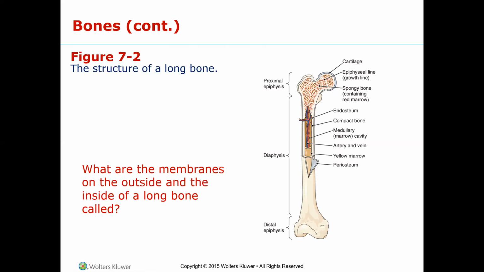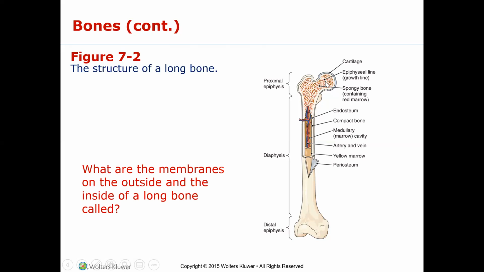And then within the bone itself, there's a shaft. And in that shaft, we have yellow marrow, which is primarily fat. And this is all compact bone along the area that is the long bone along the diaphysis. In the epiphysis, where we have the spongy bone, we have red bone marrow, and that's where many of our